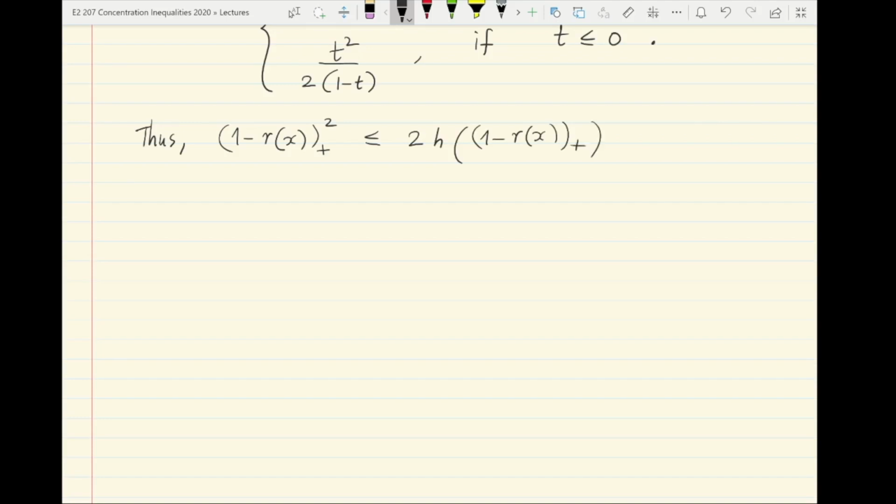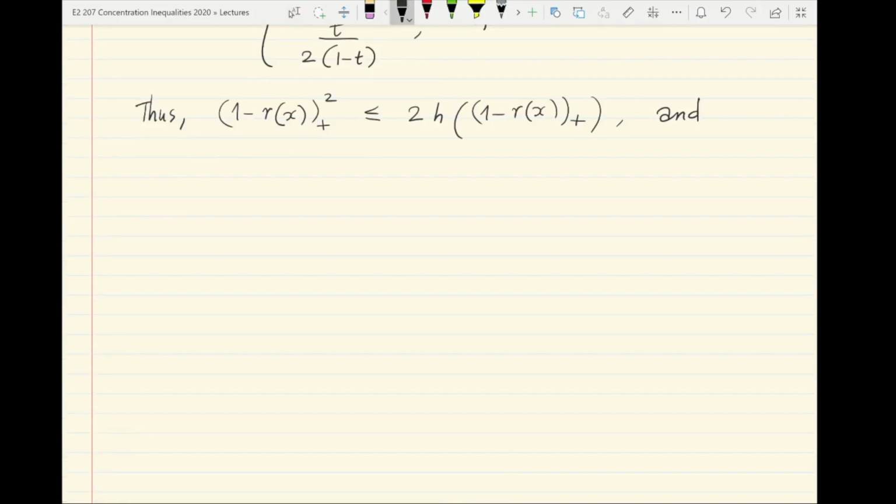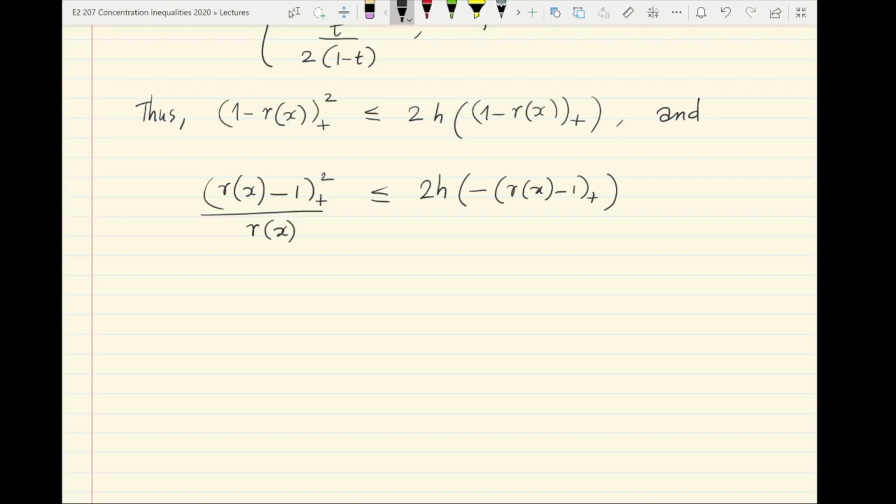Note that (1 minus r(x))_+ is always bounded between 0 and 1. On the other hand, we have (r(x) minus 1)_+^2 by r(x) is at most twice h of the negative of (r(x) minus 1)_+, which in turn yields